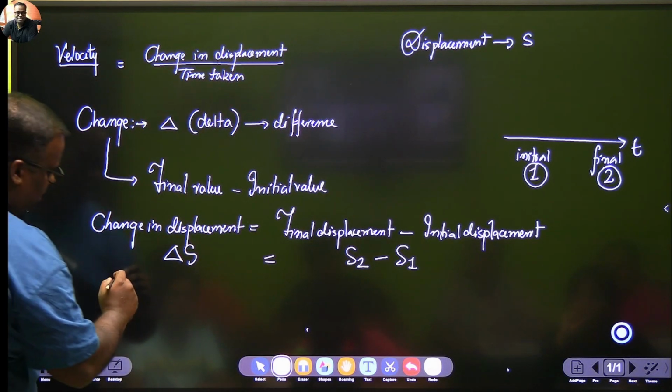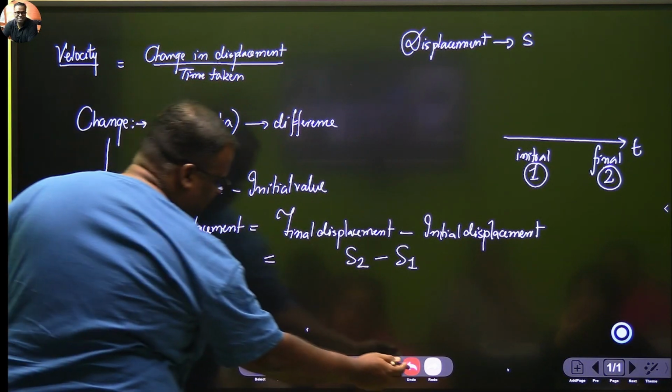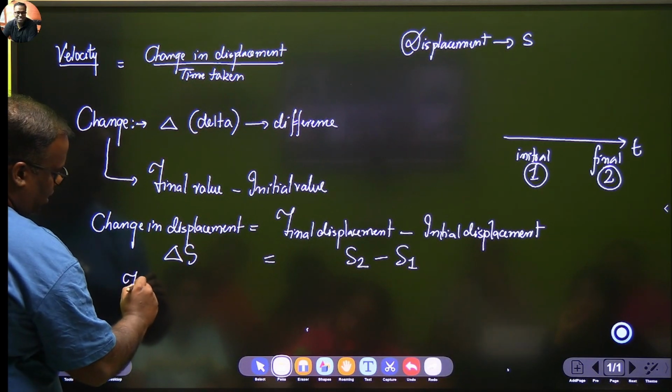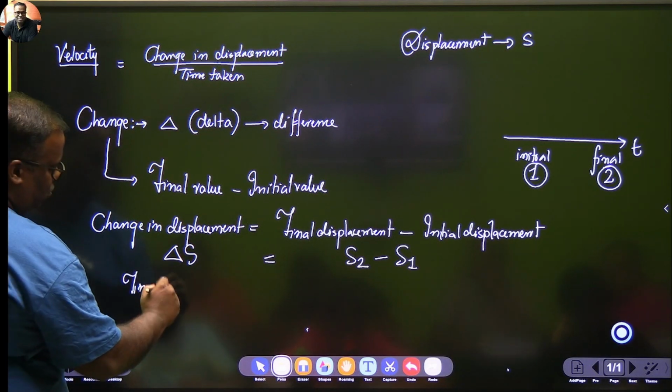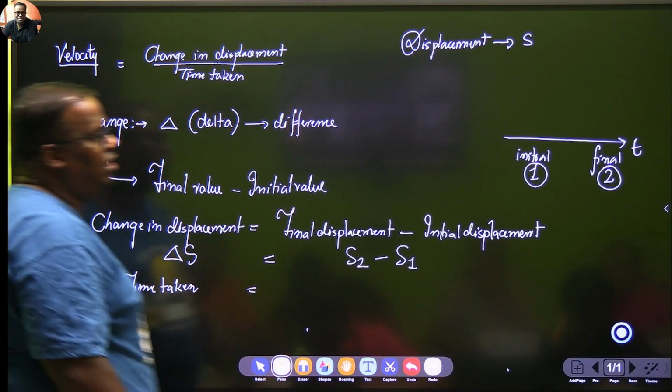So time taken means the same as change in time. Or rather than writing change in time, so that you don't get confused, I'm saying time taken. Children, I will take it up, don't worry. Time taken. And time is always how? Time taken is always